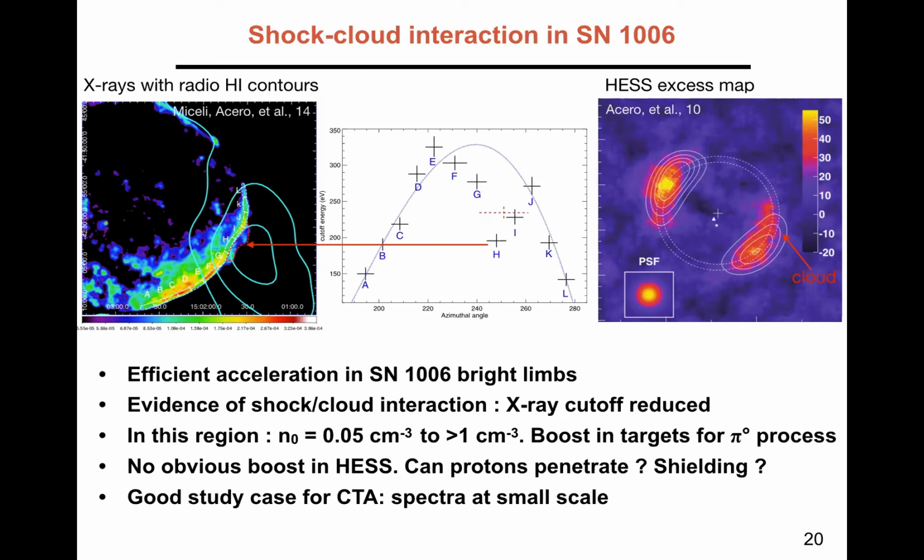The problem is that in terms of solid angle, this is not a big part, and therefore in the HESS map it is really faint. So maybe it is below the sensitivity of HESS. The cloud is here, and you get a boost by a factor of 20 in density, and you see nothing here. And this is mostly dominated by accelerated electrons. So maybe it's too faint to be detected by HESS, or maybe